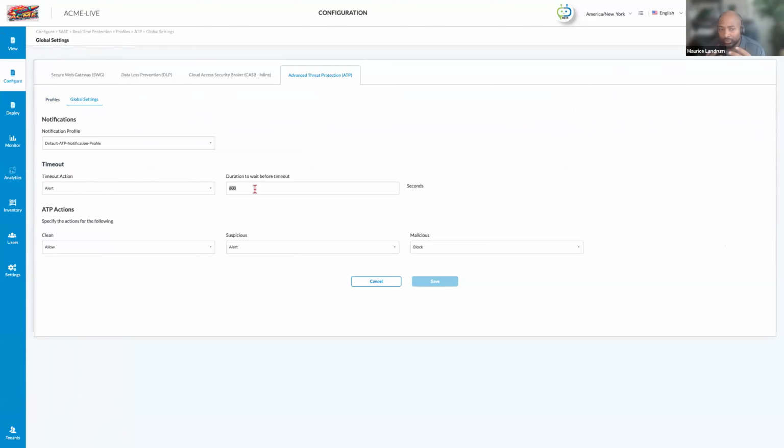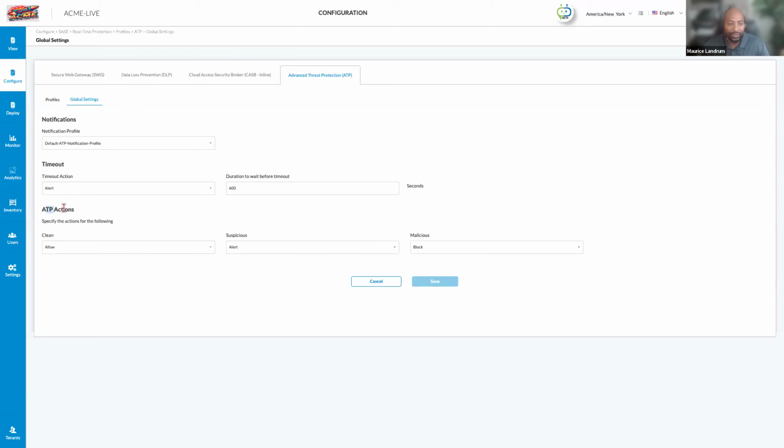Now, one thing to take into account is that when these files are being scanned, we always advise it could take up to 5 to 7 minutes. So you place this timeout to alert you if the file has been scanned, or if we were not able to determine a final verdict within that timeout, then we set some action. What are we doing? Are we alerting? Are we blocking? Are we rejecting?